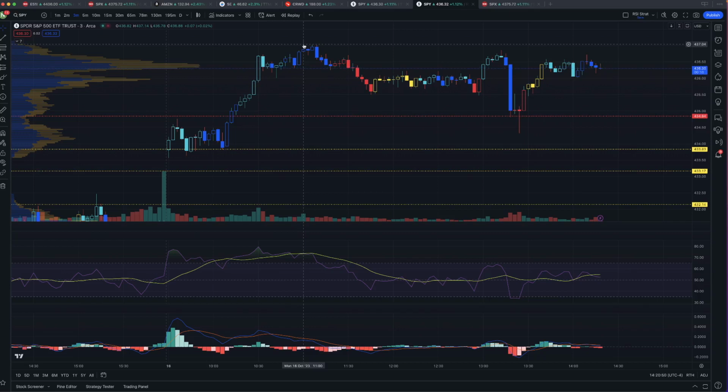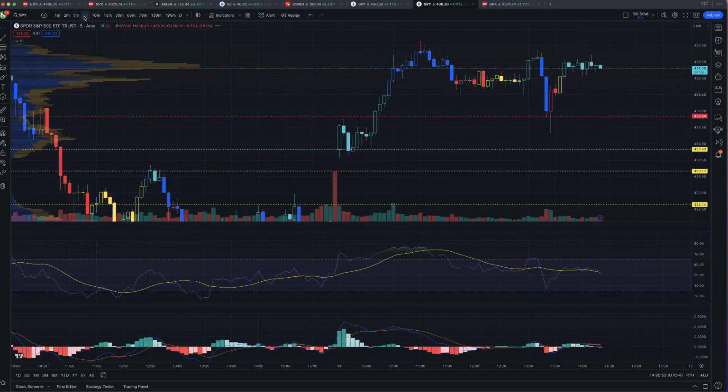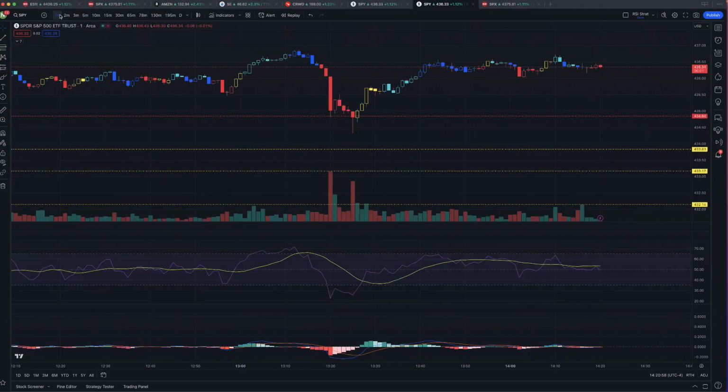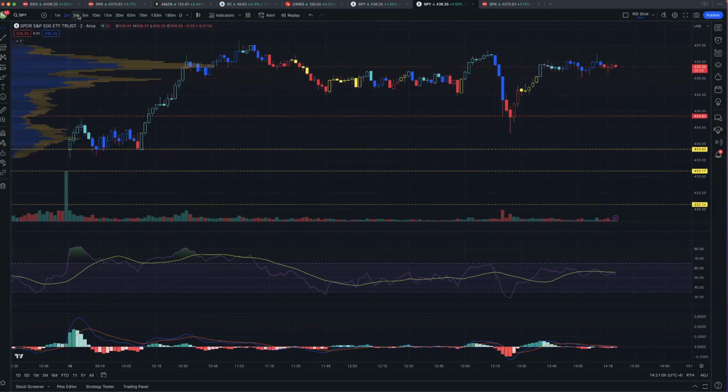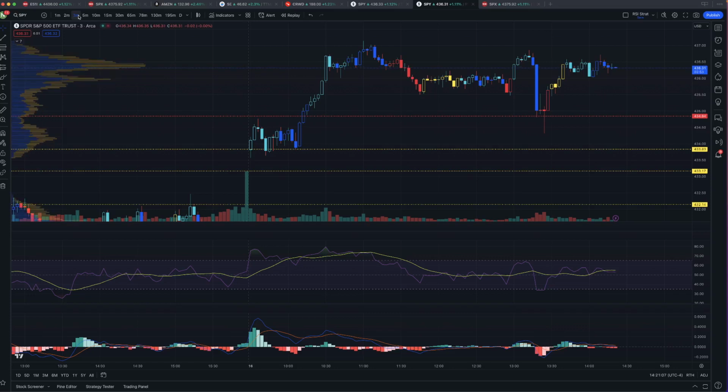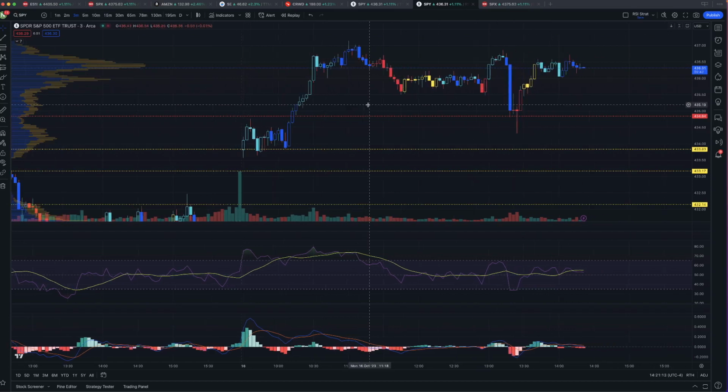I like to play it on the 3-minute chart, Racky, but you can play it on the 5-minute chart. I see a lot of false signals when I've looked at it on the 1-minute chart or the 2-minute chart. So I play it on the 3, but a lot of times if you're playing it on the 5, what has to happen, which is kind of hard,